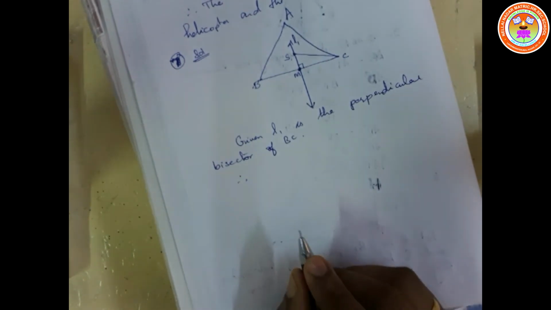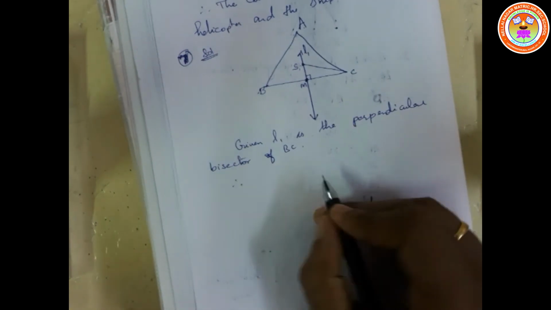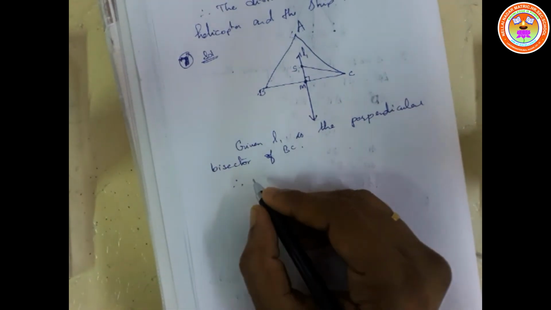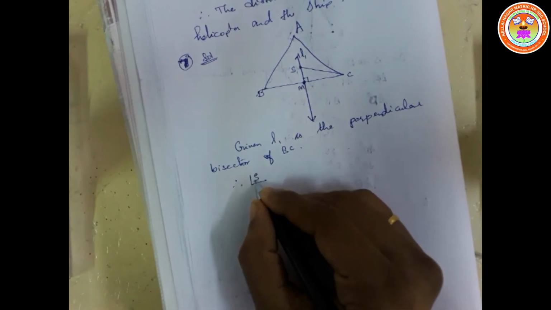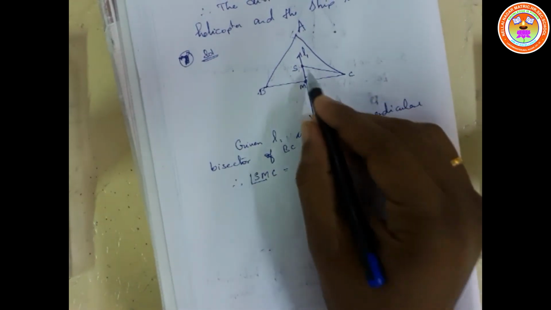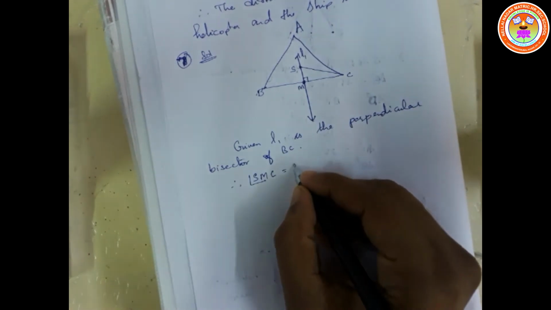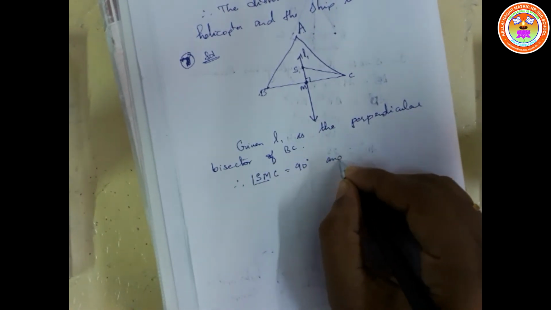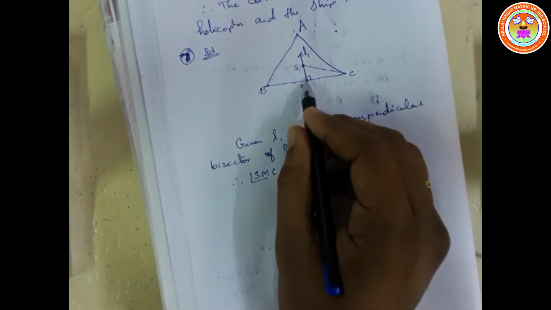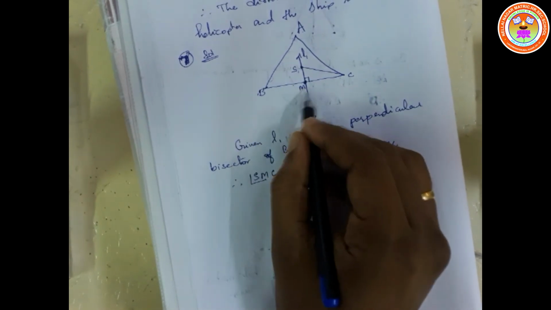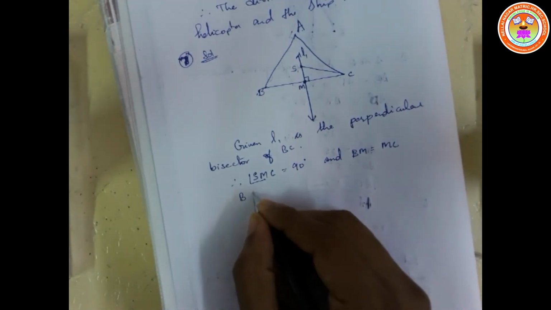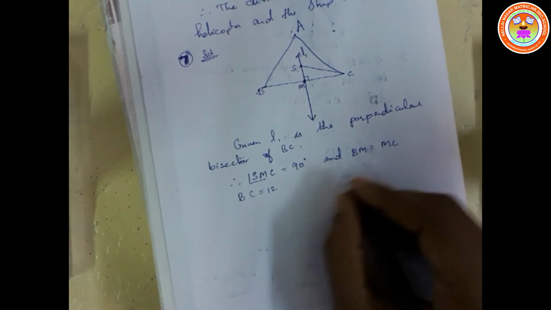Therefore, angle SMC is equal to 90 degree. We know that is 90 degree, and BM is equal to MC. These two lengths are equal because it passes through the midpoint. Therefore, BM is equal to MC, and BC is equal to 12, which means